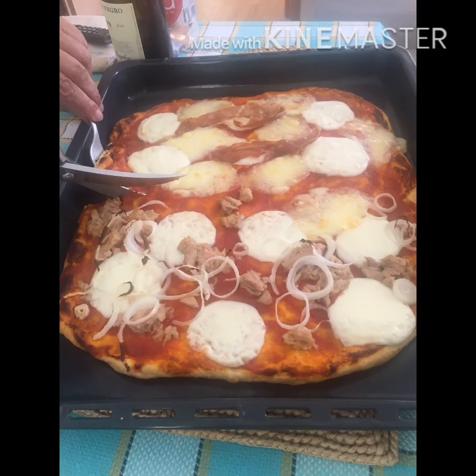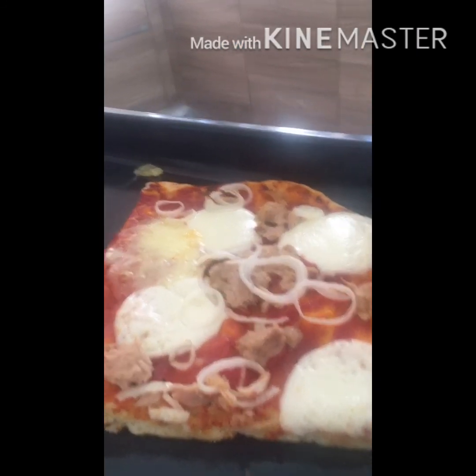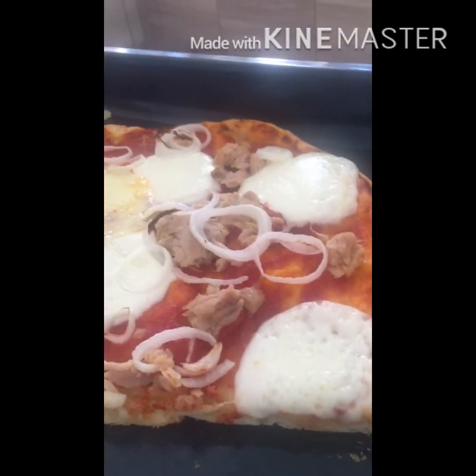This is it now. My yummy, delicious 2 kinds of pizza, the tuna pizza and the cheesy with ham pizza. Look, it's a perfect pizza because